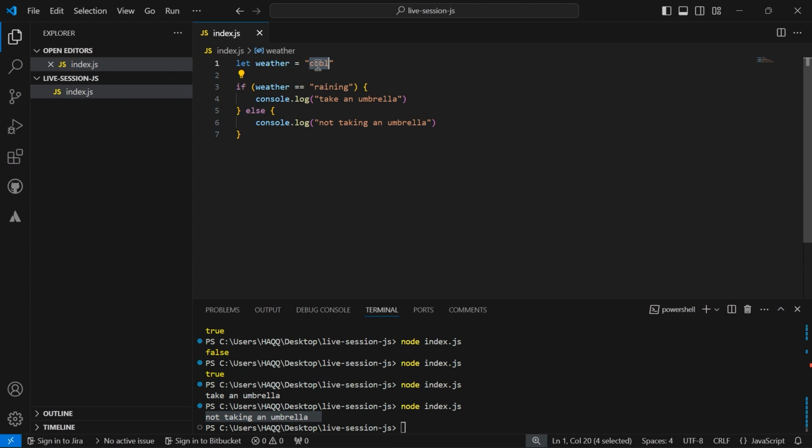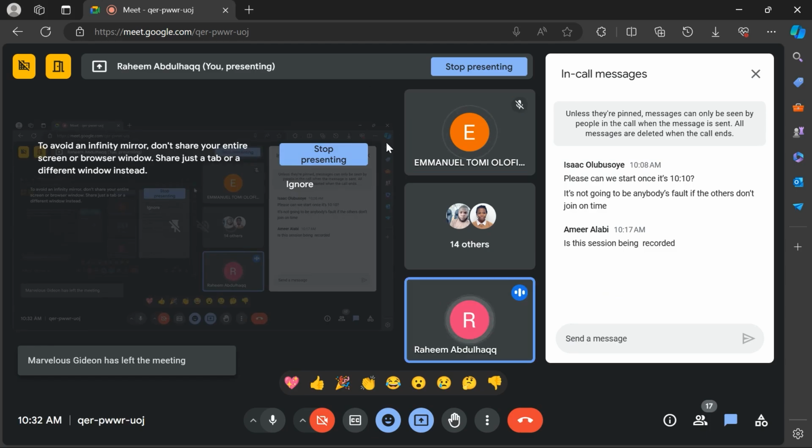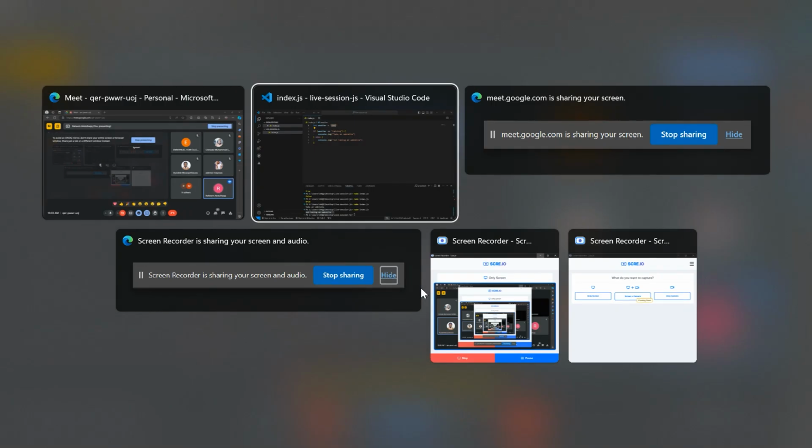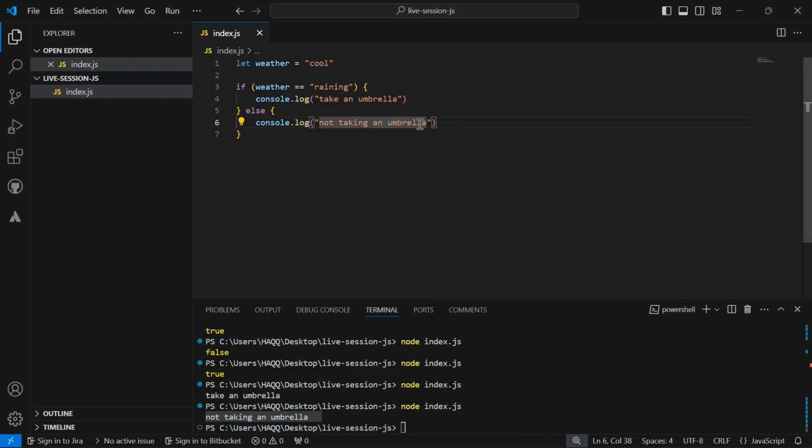So if anyone here has a question as we are going on, please, you can just speak up, because this session is supposed to give you the chance to fully understand the concepts of JavaScript. So you can ask any question if you have any as we go through the fundamentals. So we can see now that the else keyword is being triggered because my condition is false. But what if the